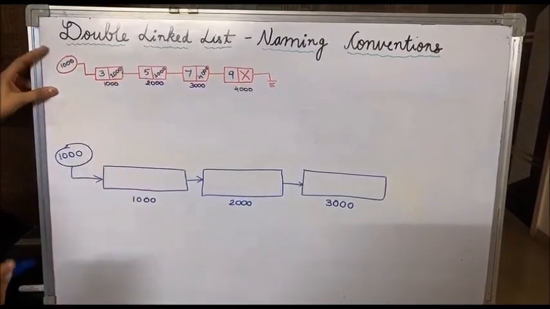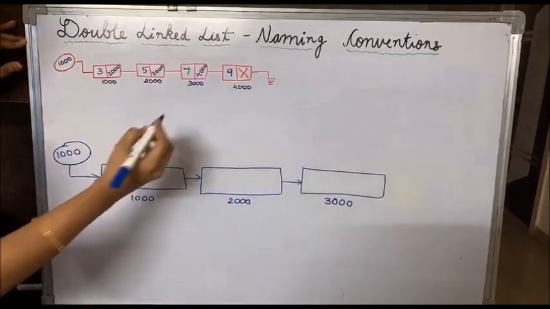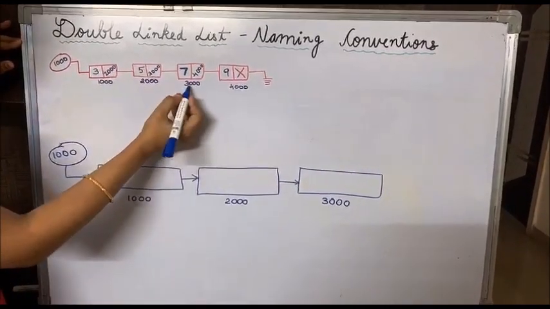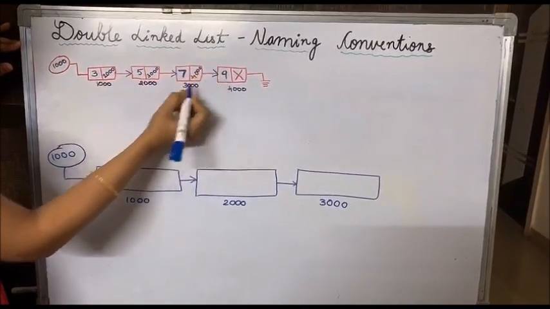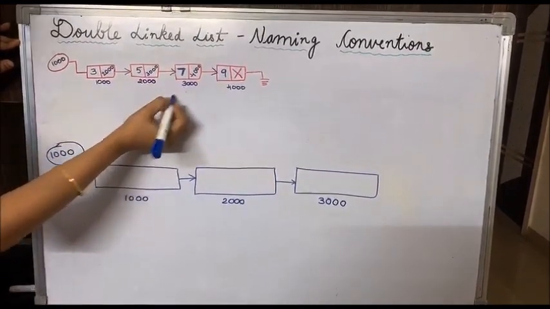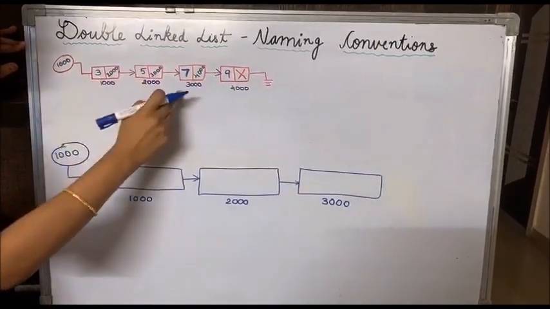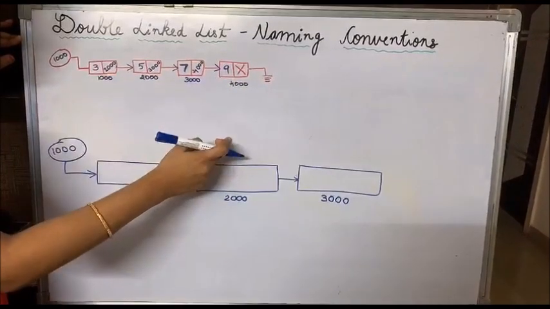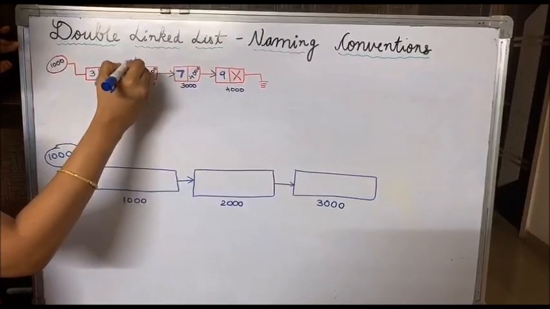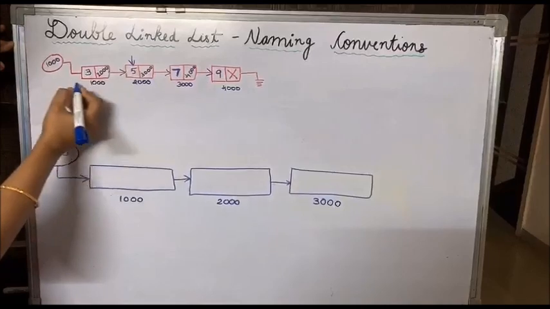So this is our linked list, a single linked list with 4 nodes. Suppose I am at node 7, the 3rd node, and I want to traverse back to 5 or to this 3. It is impossible to traverse back to the previous nodes in a single linked list. If we want to traverse back, we should stop the program and run it again in order to get the value 5.